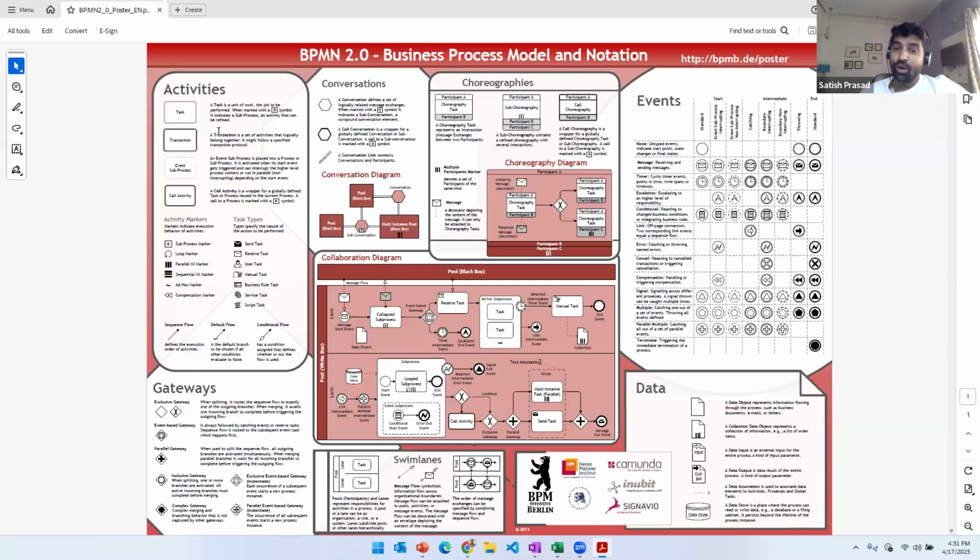Then you have a lot of other tasks which are non-events, right? Like you have user tasks, you have service tasks, you have business rule tasks. And these tasks can be delegated, right? We talked about the human, we talked about the digital worker. So we can delegate those tasks to a human, and we can delegate those tasks to a digital worker. And once they complete, before completion, they have to receive that, right? So there is also an activity called receive task.